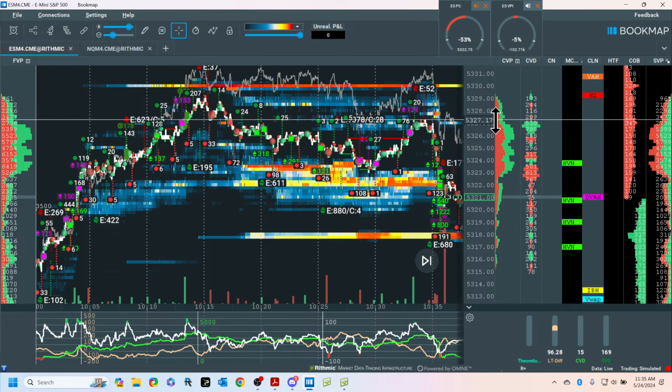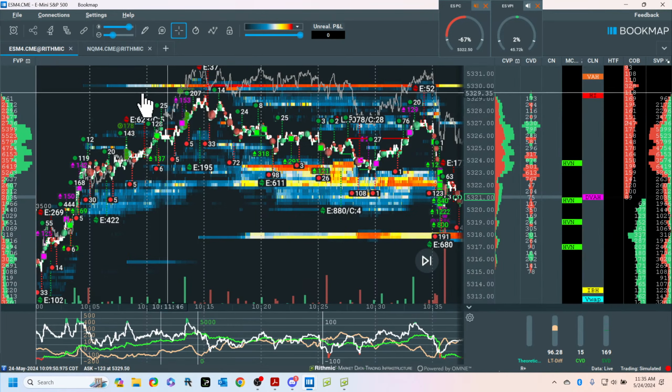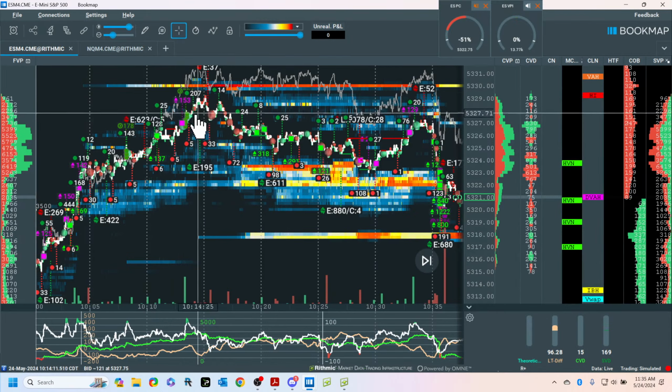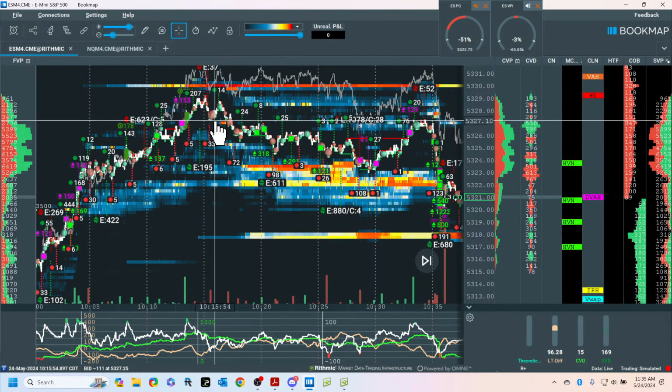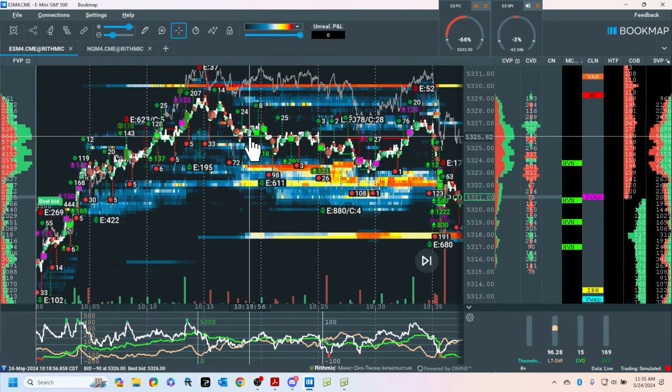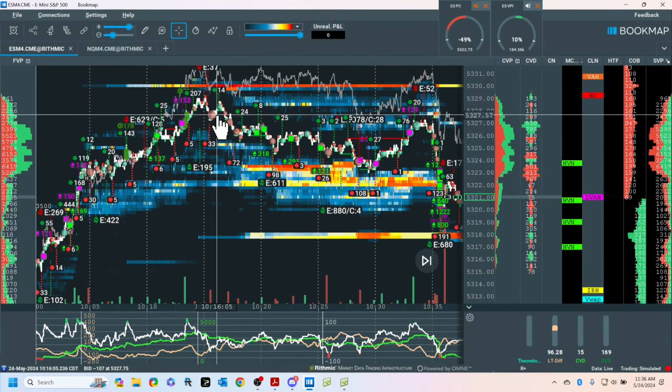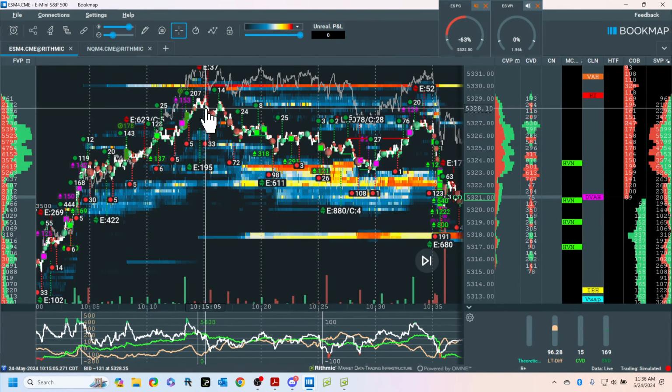That little node sticking out is the volume from this. This is called trading in fractals. And the reason it's important is that overnight volume point of control and all those locations, if you think of fractals, they're like Russian dolls. So they're inside of each other. This is the same, except it's in micro.